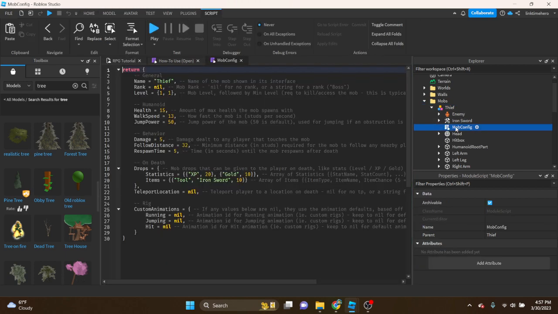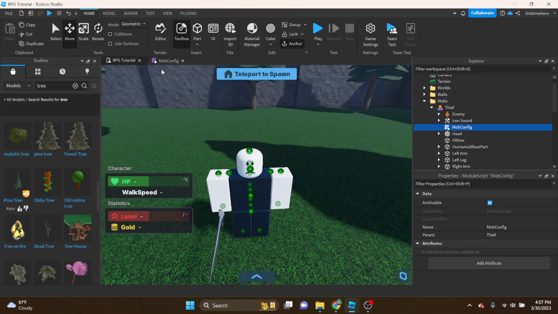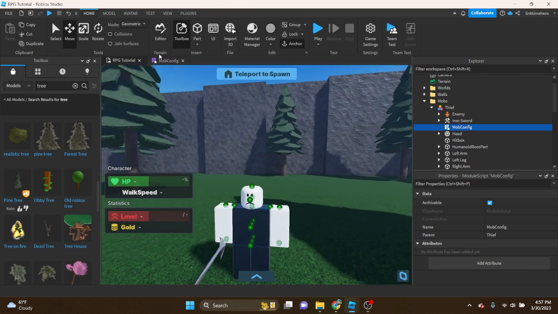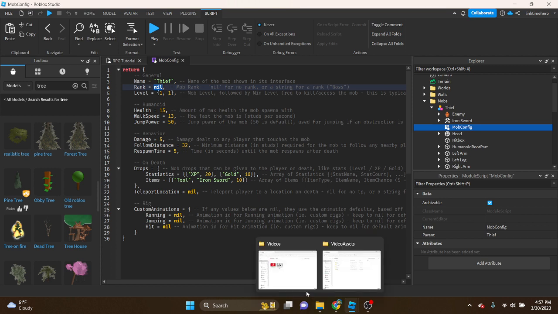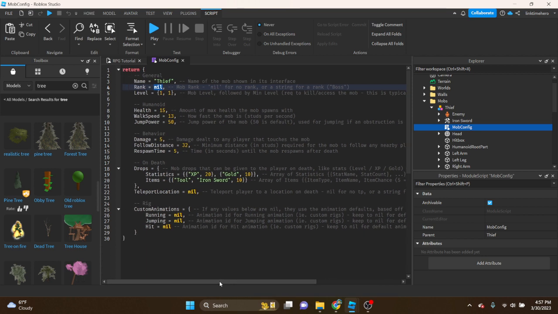I'm going to show you the mob config. In the mob config, we have everything that you can customize with this thief, excluding its look, of course. So the name is the name of the mob that will be shown in the interface right above the mob's head inside of the game, and I'll show you that in a moment. Then a rank; nil just means no rank. So if you don't want it to have a rank, then just don't do anything. Or if you do want it to have a rank, then go ahead and put